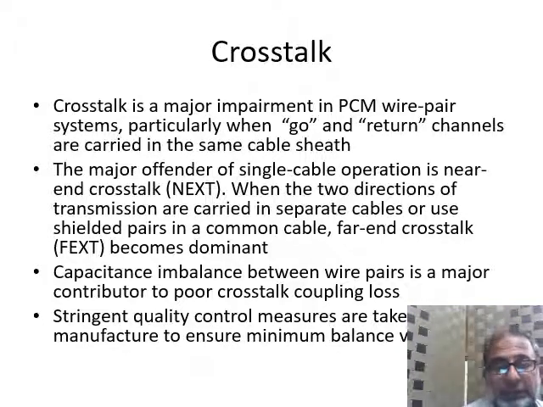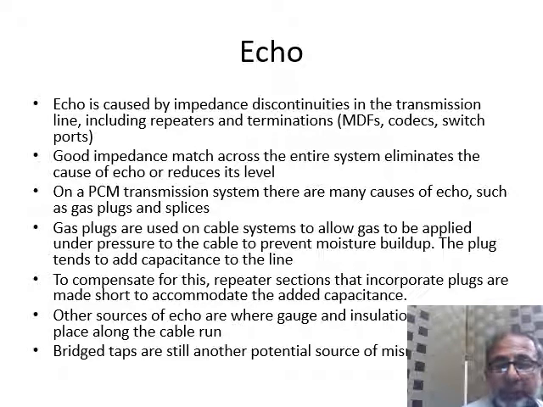The next impairment in PCM transmission is crosstalk, and then we have echo. Echo is caused by impedance discontinuities in the transmission line, including repeaters and transmission terminations, which include MDFs, codecs,